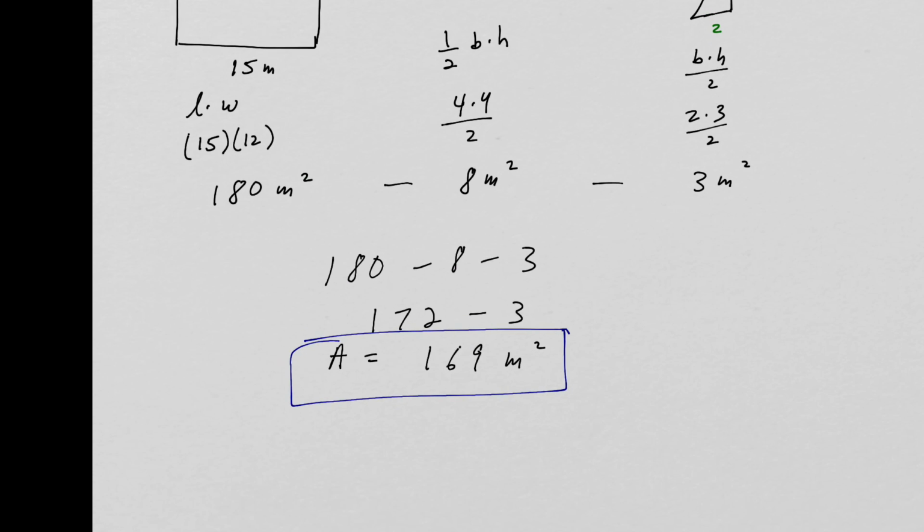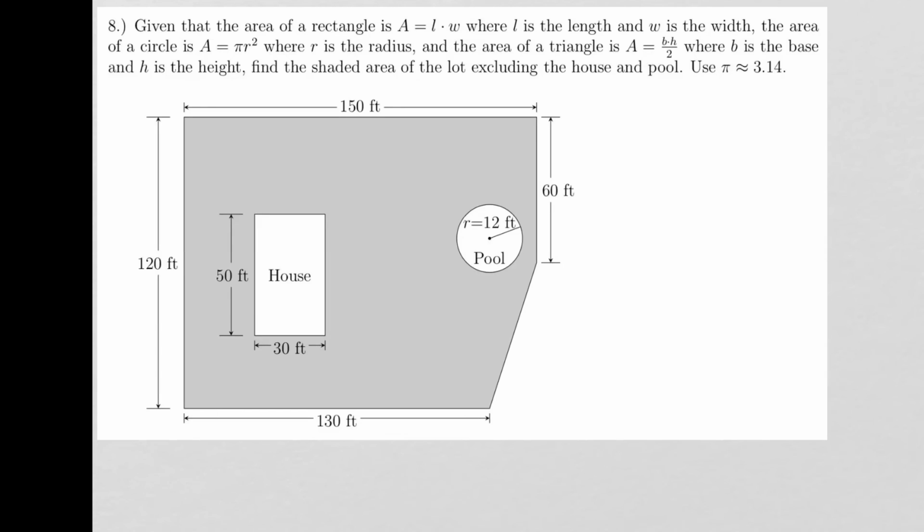Okay, let's do one more problem here. So in this problem, I have a piece of property, right? And on that property, there's a house and there's a pool. And I want to find just the area of the property, so basically the gray region, the shaded region. Okay, so how do I do that? Well,